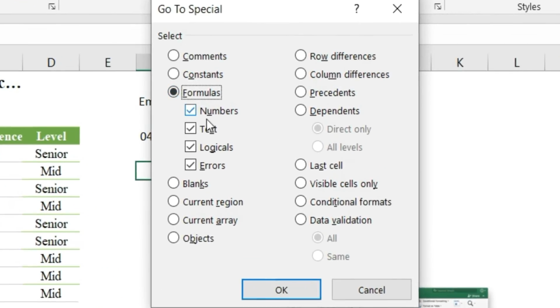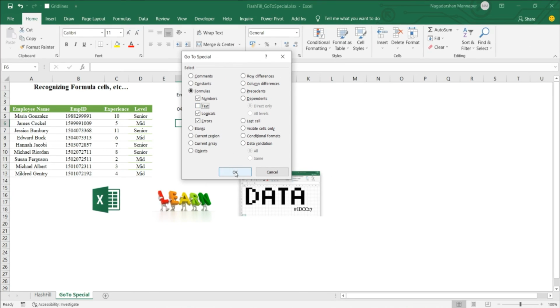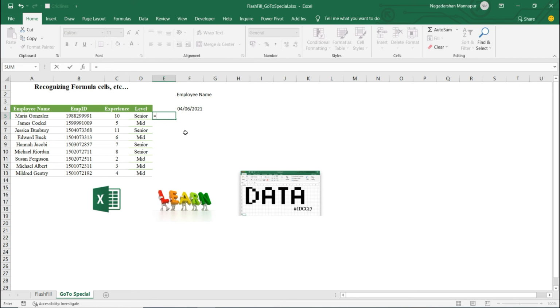Under formulas, we are able to remove the text. I don't want to highlight text characters. Then I'll click OK, accept this. It will select only the numeric records, the only one formula cell, for example equals 10. The rest, if I bring it down,